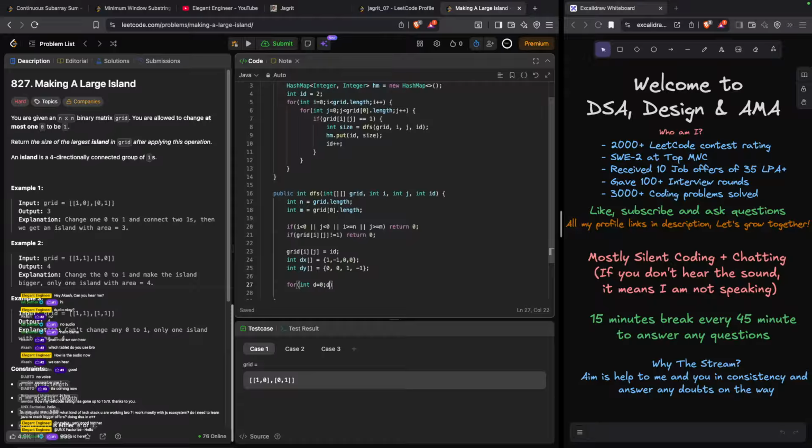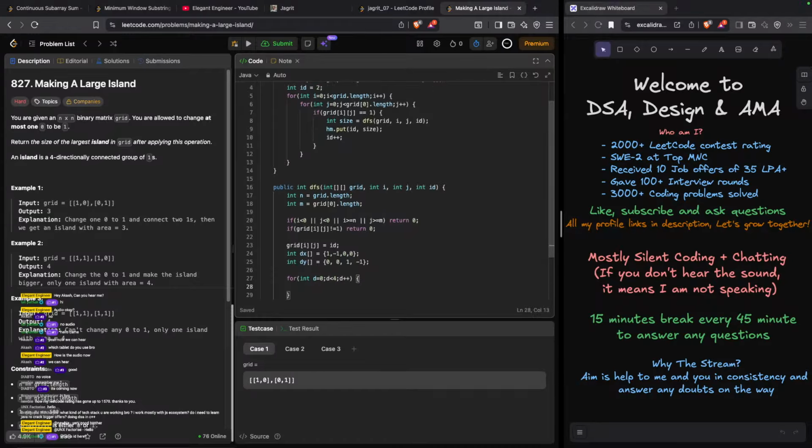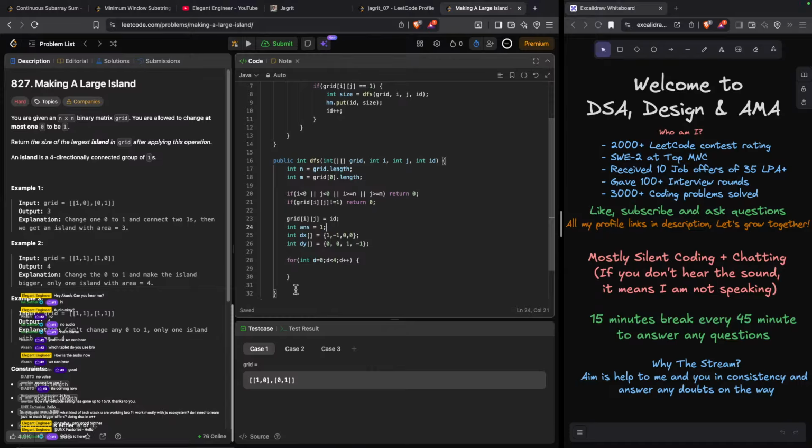Then for int d is equal to 0, d less than 4, d plus plus, call DFS on grid, i plus dx of d and j plus dy of d, and the ID remains the same. This you are going to the next row, this you are going to the previous row. Does this make sense?